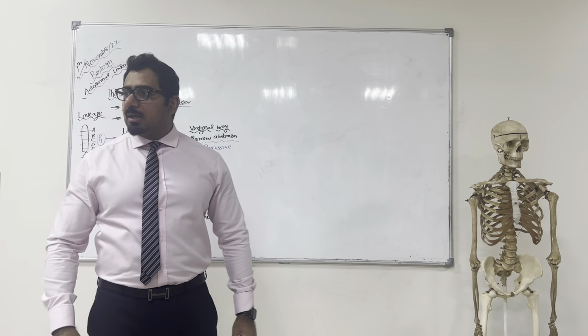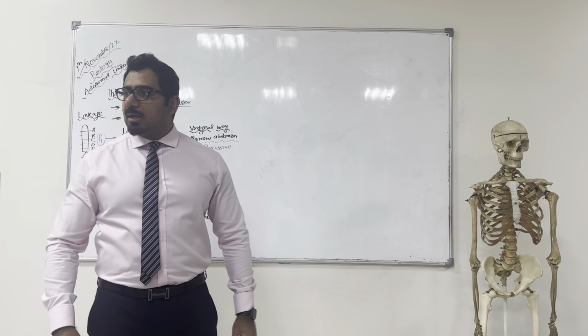Now, this is a dihybrid inheritance, but the ratio that we are getting, that is of what? Monohybrid. Only in the monohybrid we learned before the ratio comes 3:1. But this is a dihybrid inheritance. We are studying two traits at one time. Now, why do we have 3:1? They said that maybe we have done something wrong in the experiment. They repeated the experiment. Again, same result, 3:1. Again repeated the experiment, again 3:1.